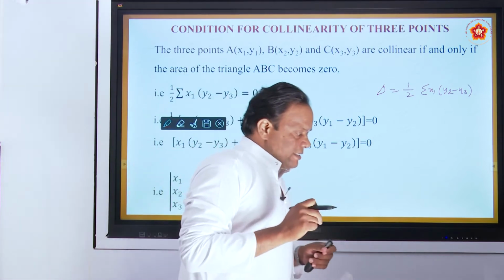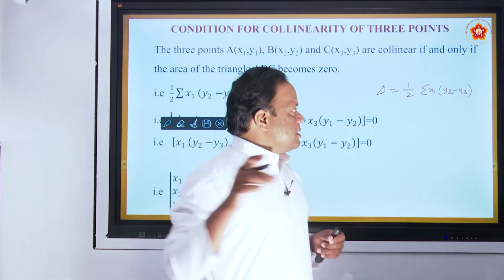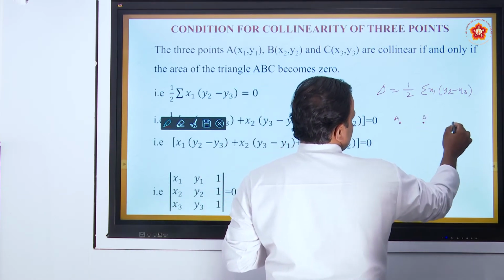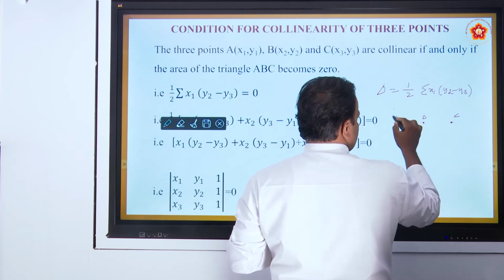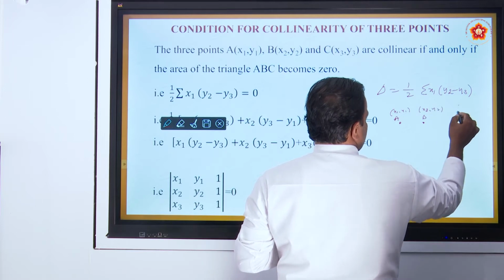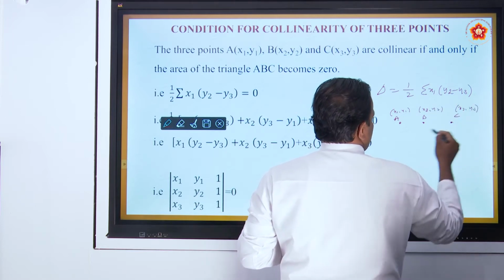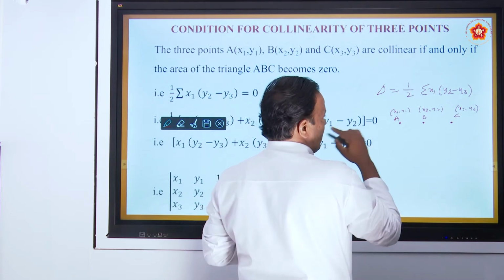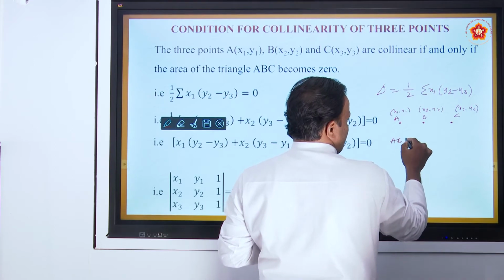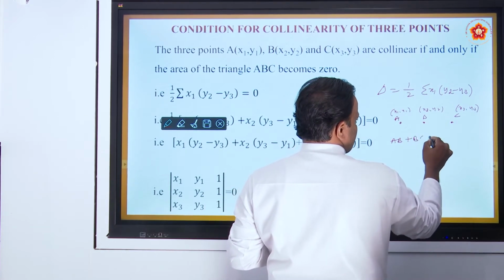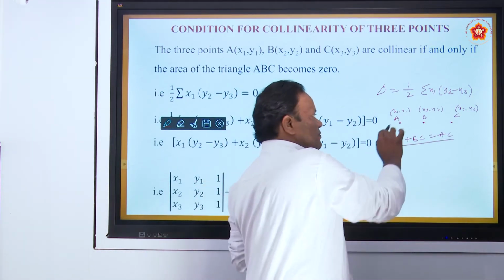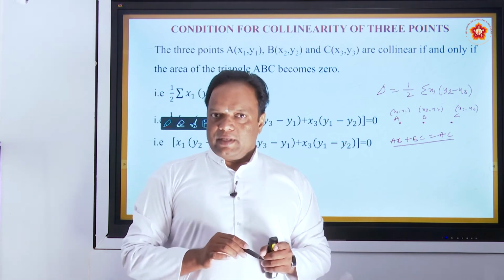So, what is the condition for the 3 points to be collinear? Suppose one point is here, I call A point, this is B point, this is C point. The A coordinate is x1, y1, B coordinate is x2, y2 and C coordinate is x3, y3. We saw in another case, using distance formula, to show that these 3 points are collinear, the condition is AB plus BC is equal to AC. Means if this condition is satisfied, then the 3 points are collinear, correct?